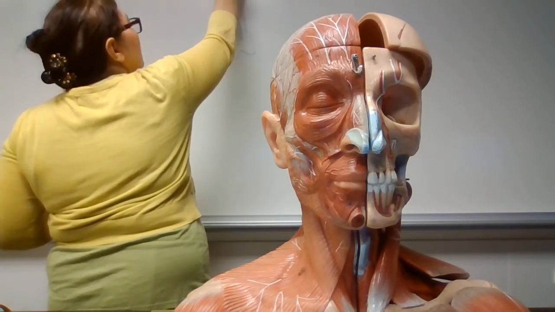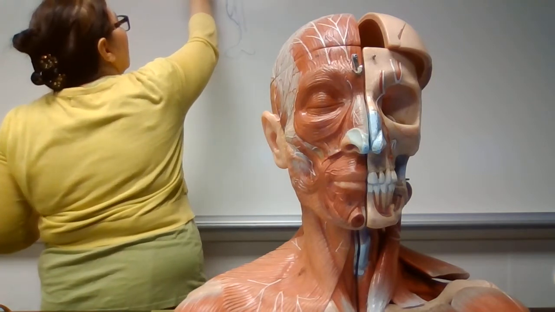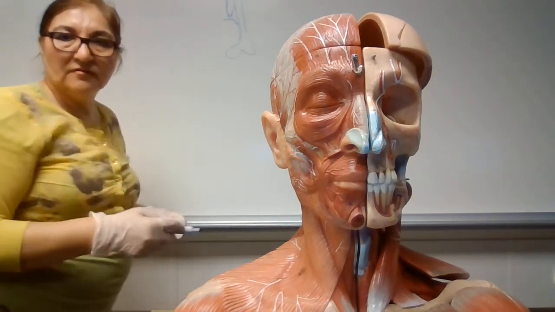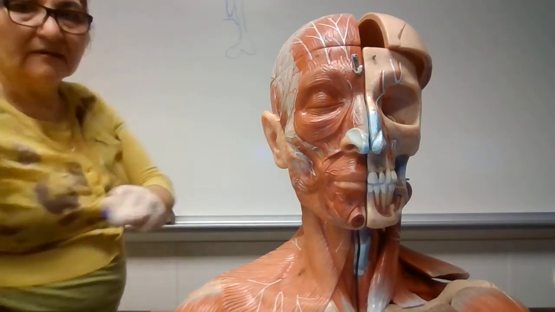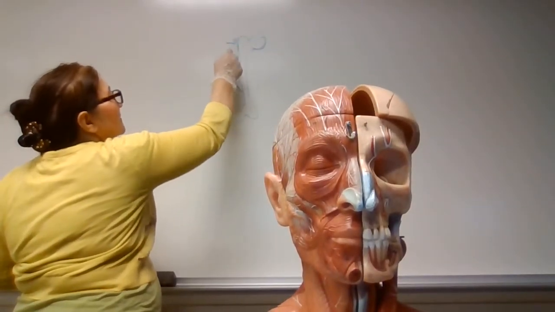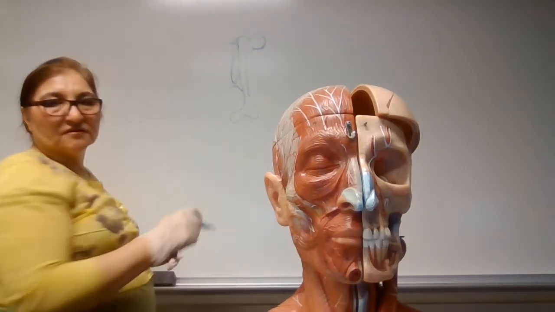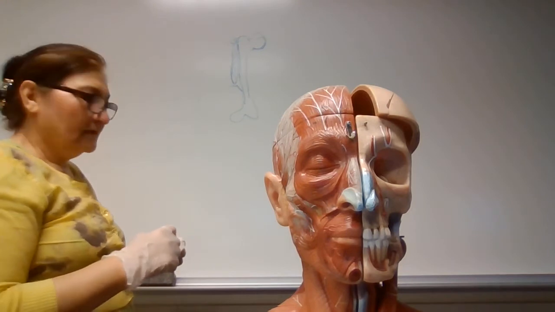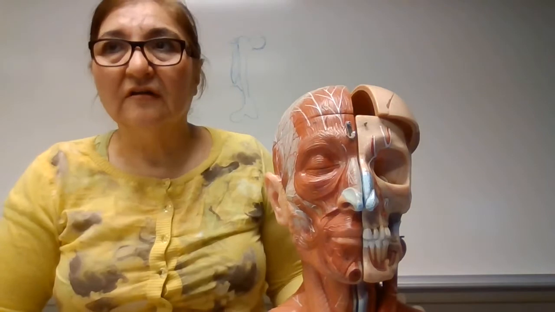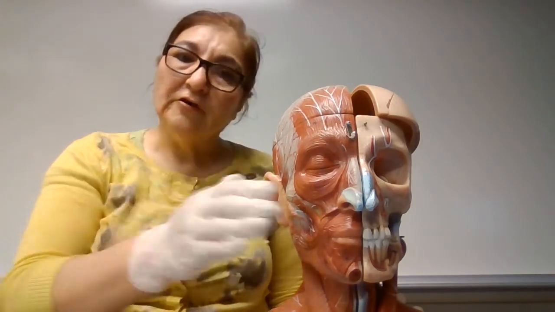In this part, the top portion is the origin and the bottom is called the insertion. You don't see it, but I can see. That's the muscle, that's your bone. The top is the origin, the bottom is the insertion. That's why you have to learn the origin of the muscle, insertion of the muscle, and nerve of the muscle,